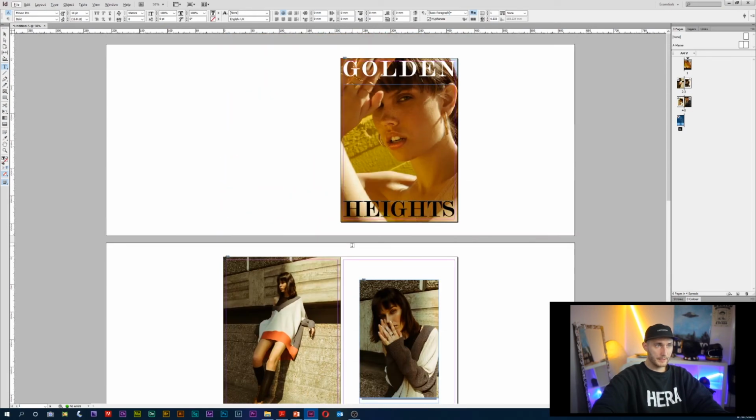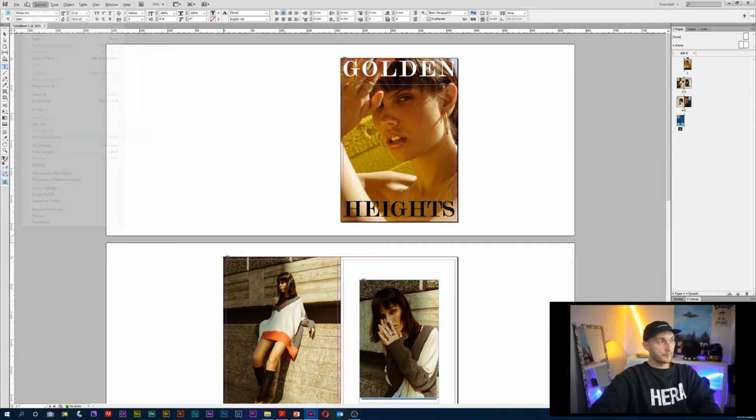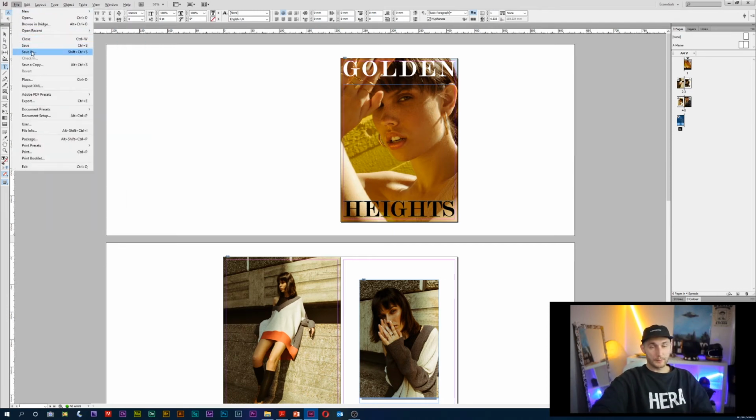So we have created a 6-page, 2-spread document. And what we're going to do now is go and export it. You can also save it as a layout document, and you can open it later on the other computer and just save it as a process, and if you want to add or edit anything, you set it as a